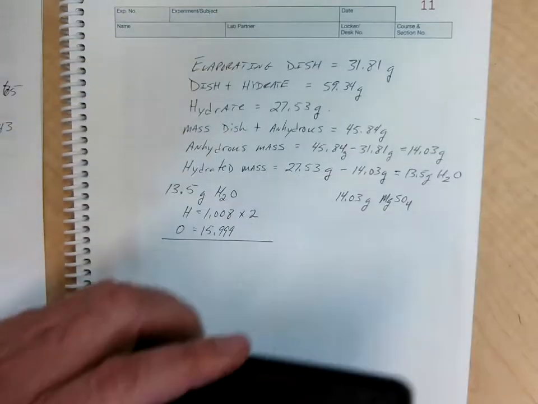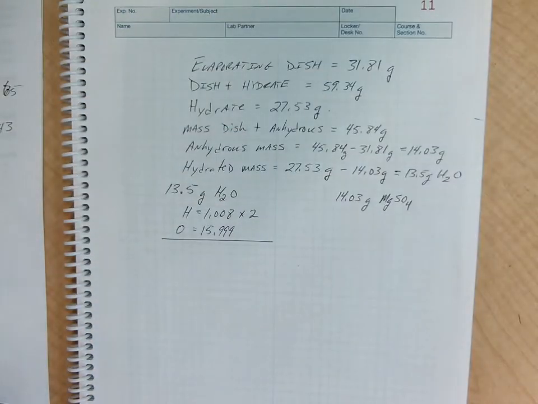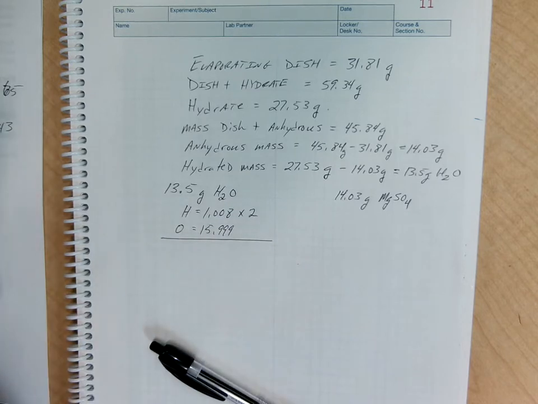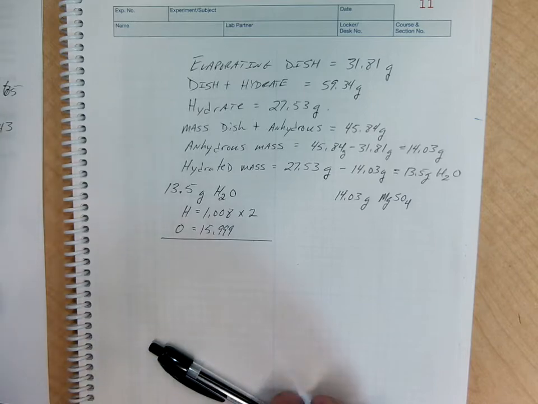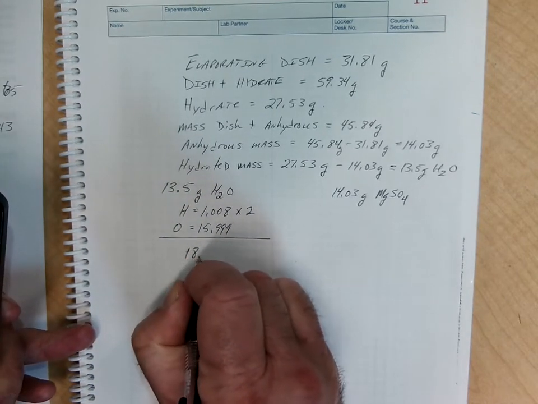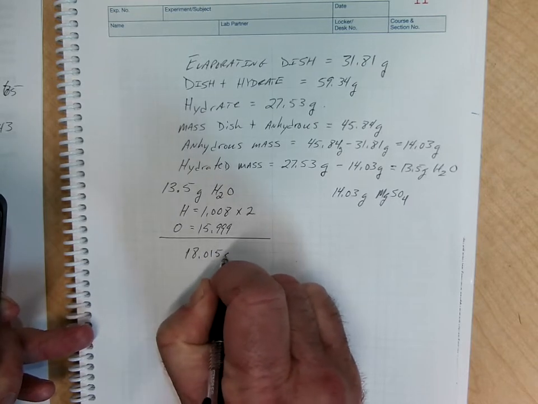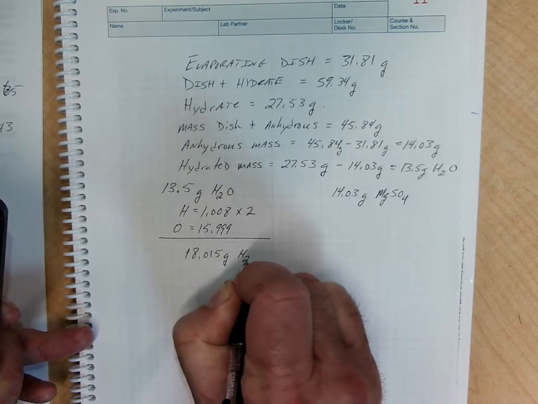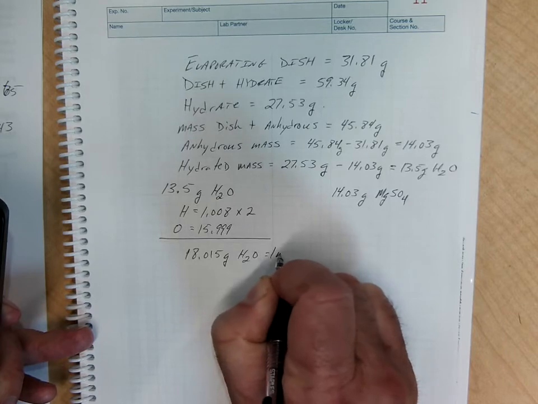Grab my calculator. So 1.008 times 2 is equal to 2.016 plus 15.999 is equal to 18.015. So 18.015 grams of water is equal to 1 mole